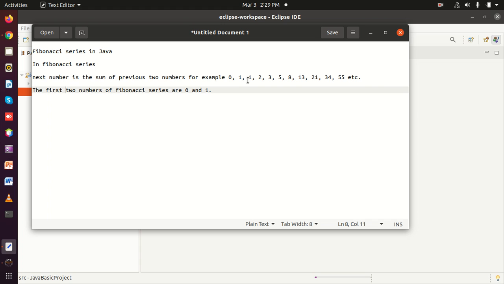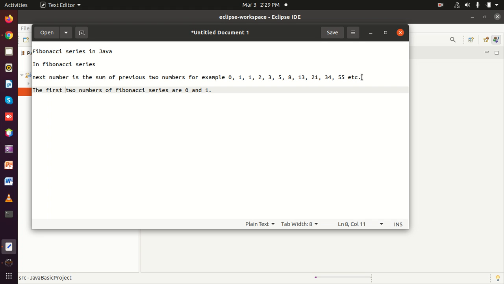Now for the next number, it is the sum of previous two numbers, 1 plus 1 equal to 2. Now we can see here 2 plus 1 equal to 3, 3 plus 2 equal to 5, 5 plus 3 equal to 8, and so on. This is the Fibonacci series.